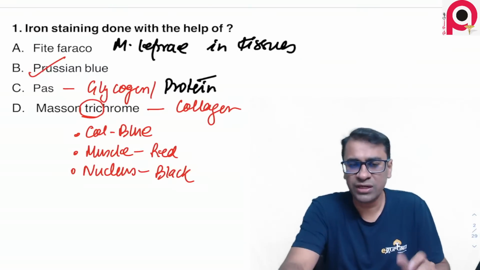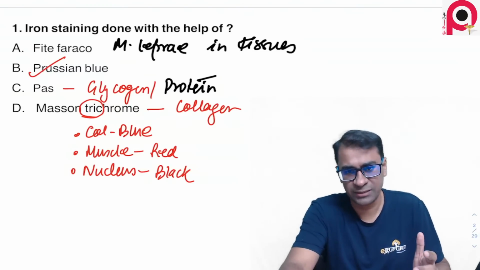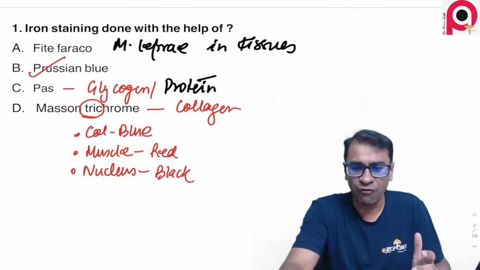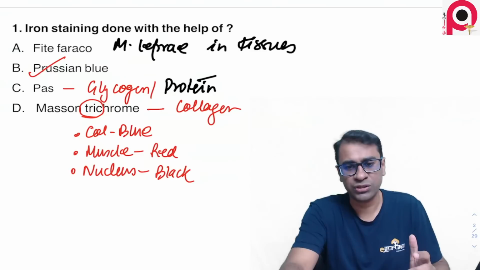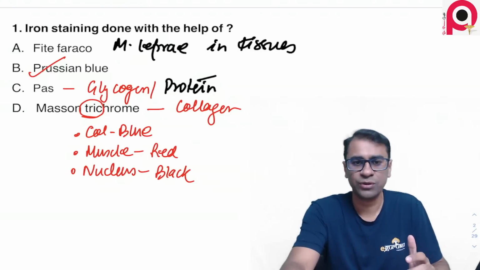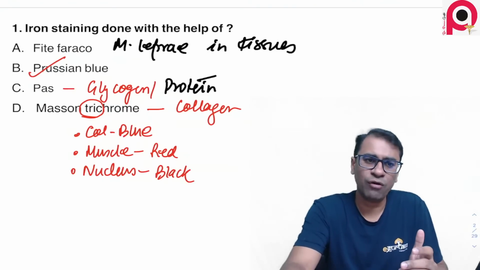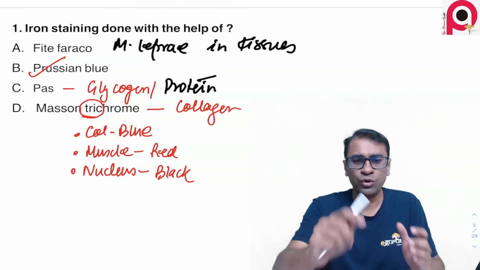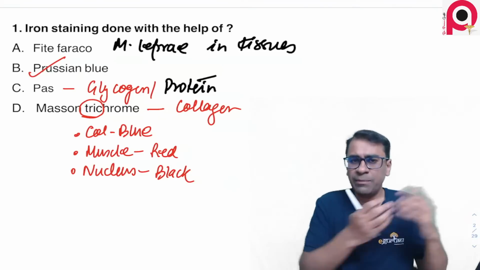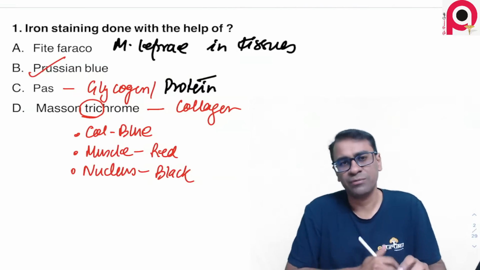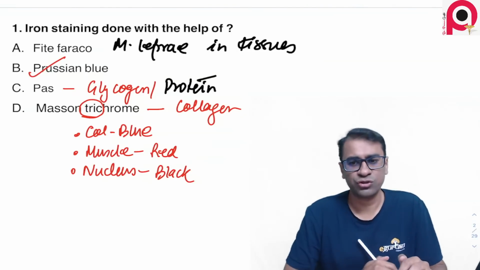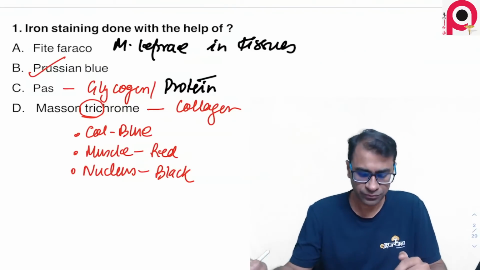So this is a new stain, and because the question has been asked, I think you should all be aware of it for upcoming questions that can be asked from the same topics. The basic idea of solving any question is to not only know this answer but also know multiple other questions that can be asked from this particular topic. The answer to this question should be Prussian blue here.